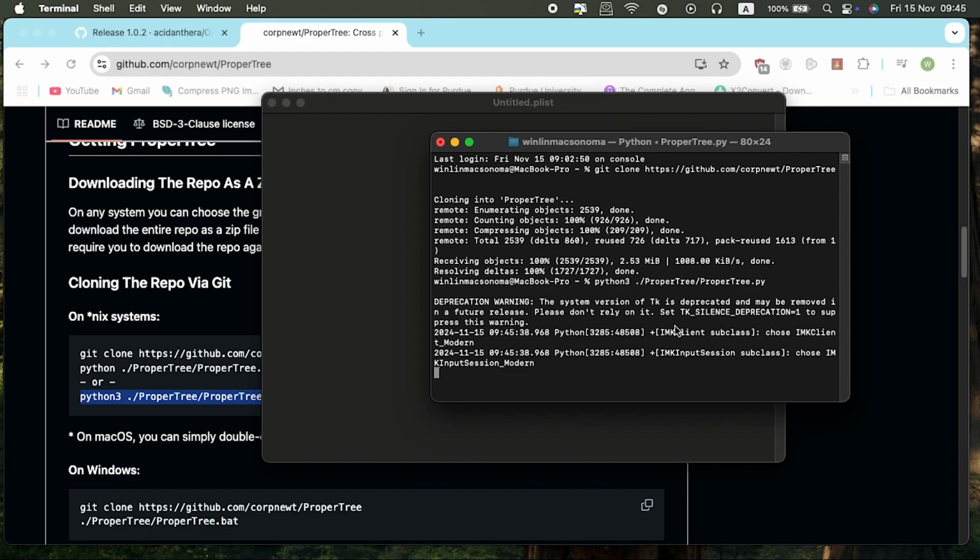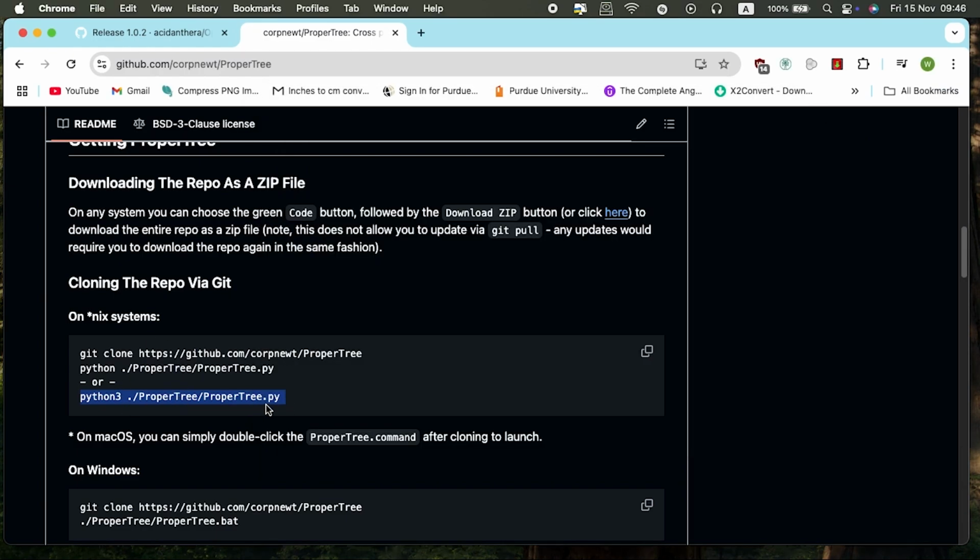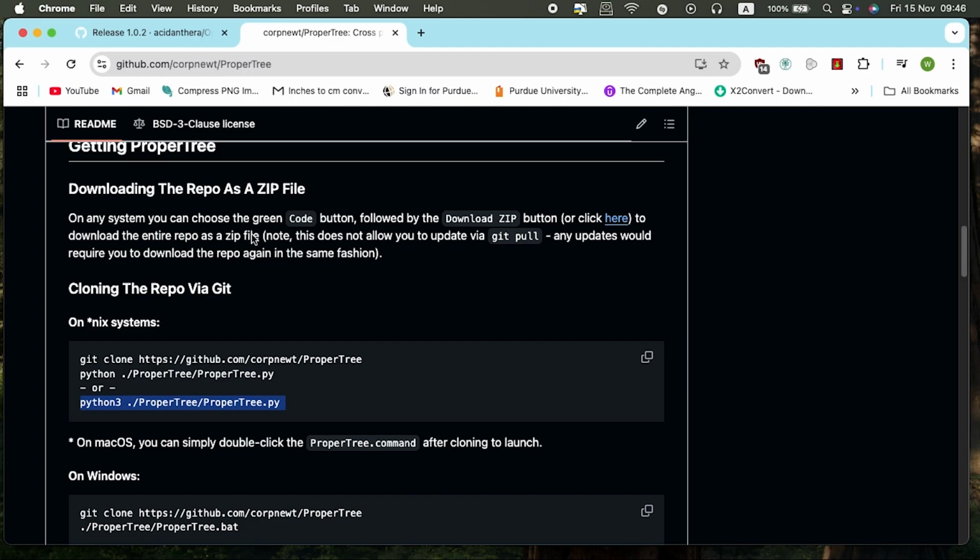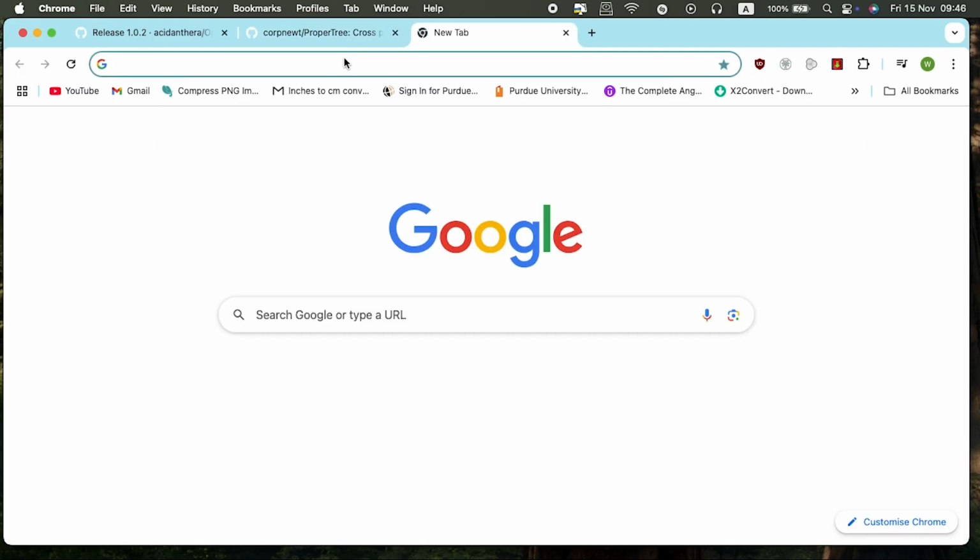Once you've installed it, you just run this command, python3 ProperTree.py, then it will launch the application. Then you can now begin editing your files. So that is the easiest way. If you want to download it as a zip, you just have to click here and it will automatically download. Now that you have ProperTree out of the way, we need to have what is known as